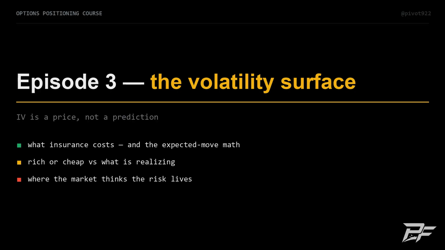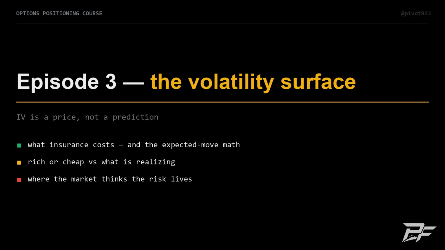First, the conversion every trader should know cold. Take the IV number and divide by 20. That's the daily expected move. IV of 30, the options market is charging for about 1.5% per day. Divide by about 7 for the weekly move. From there you build ranges, a one standard deviation range that holds about 2/3 of the time, 2 standard deviations